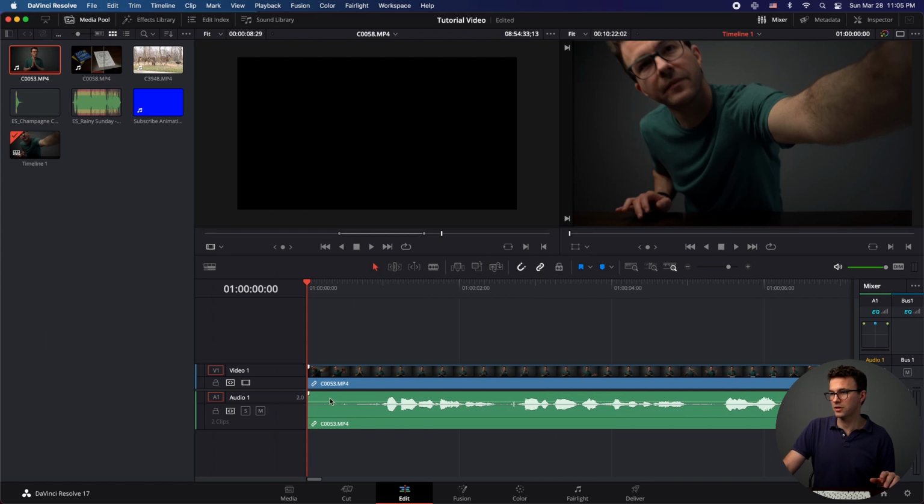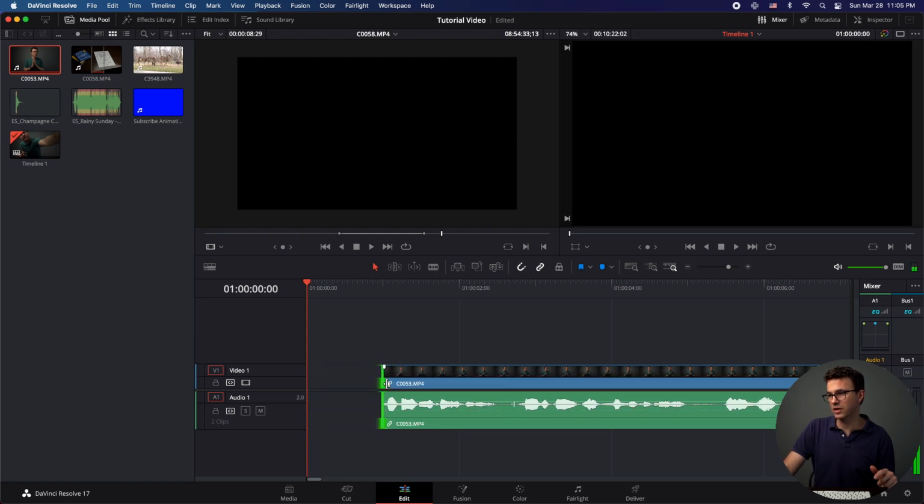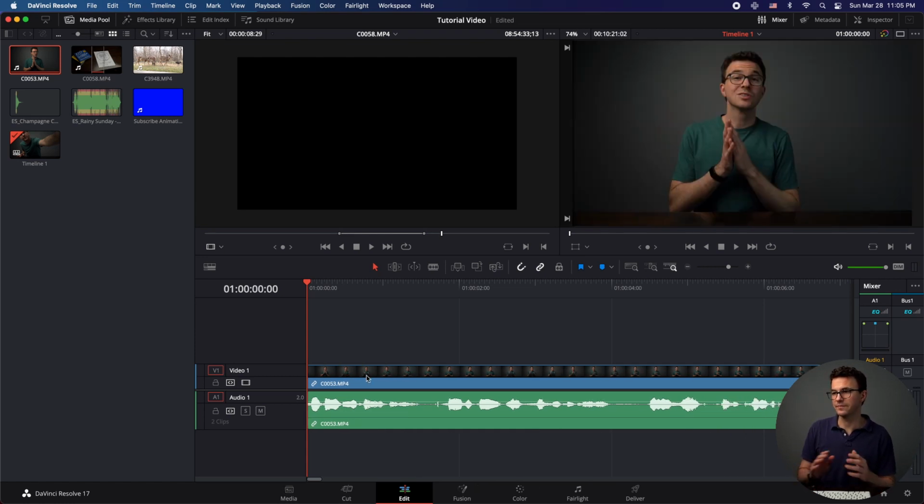So if we zoom in a little bit, you can see right here there's a little bit before me turning on the camera. So what I could do here is I could just drag in the end to start right here. But the thing is, again, there's a space, so select that, hit delete. Then the next thing you might want to look at is where are the parts where maybe I'm taking a deep breath, and essentially go through the entire video once and just cut out all the pieces you don't want.